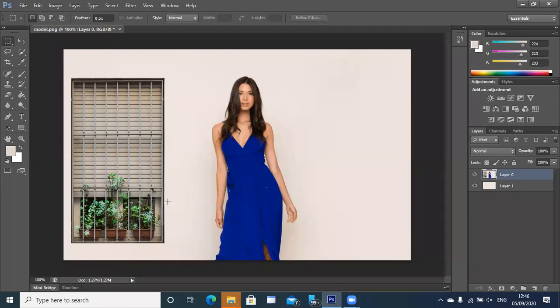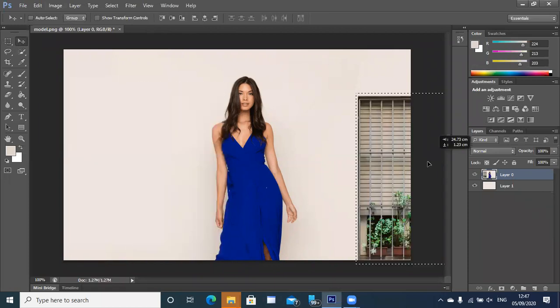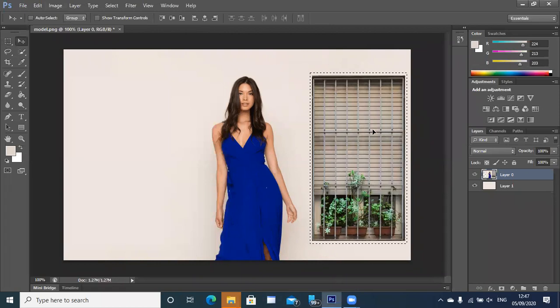In my case, I need to select the window. So I am selecting the entire window. Once you have chosen the entire window, use the move tool here. Click on the move tool and move the image wherever you want to move it.